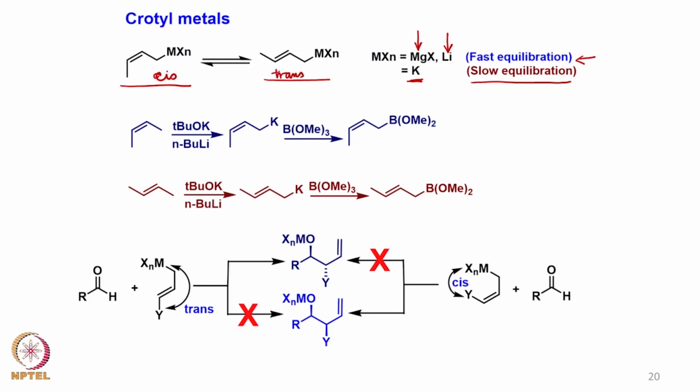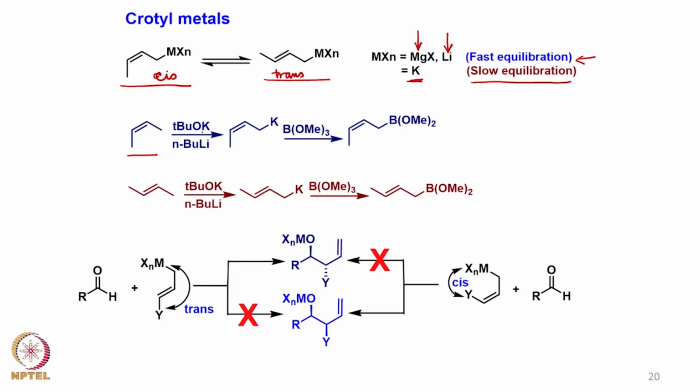Obviously the trans double bond is more stable, and therefore many reactions proceed via trans products. But if we start with a potassium metal containing substrate, then it does not undergo equilibration that fast, and therefore we can stop it. For example, here if we deprotonate this particular olefin using a combination of potassium tertiary butoxide